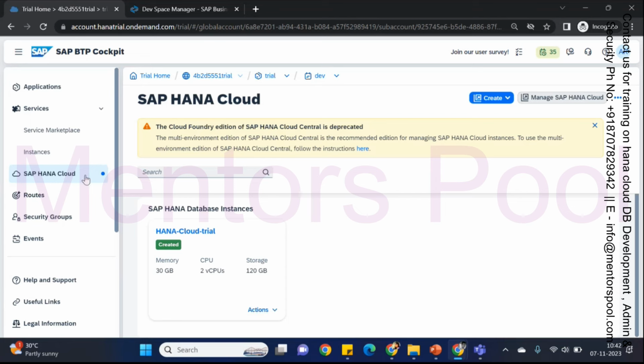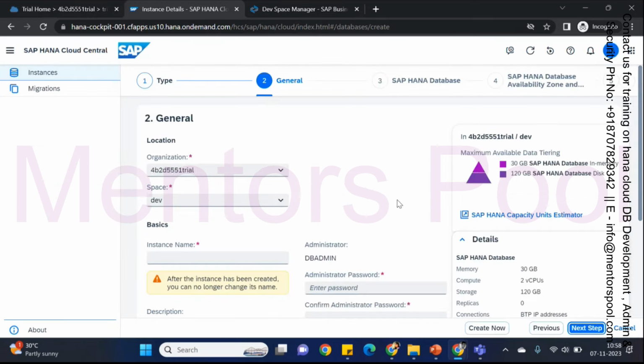So you go to HANA Cloud on the left. The box would be empty for you here because you don't have an instance created already, and you have the create button on the top right, and we want to create an SAP HANA database. And okay, so now we are in the Cloud Central, and first step, we choose the type that we want